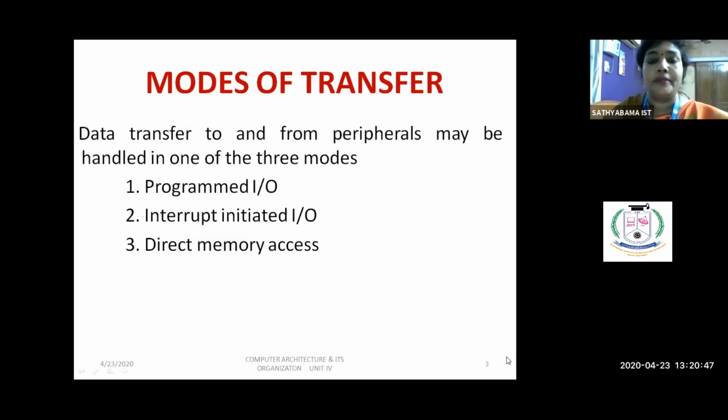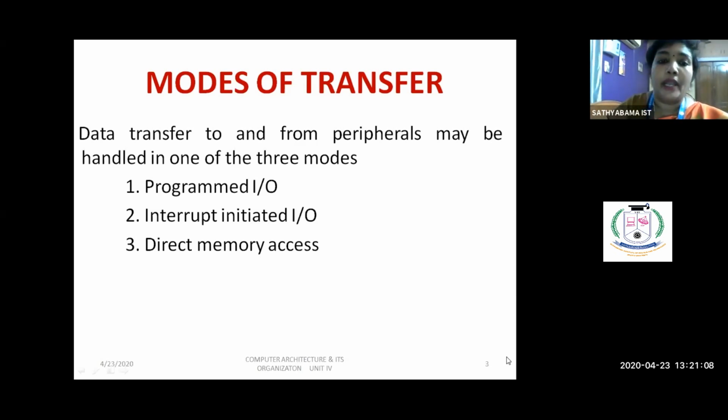Next, we are going to see the modes of transfer. Data transfer to and fro from a peripheral may be handled in one of three modes. What are the three modes? Programmed IO, interrupt initiated IO, and direct memory access.